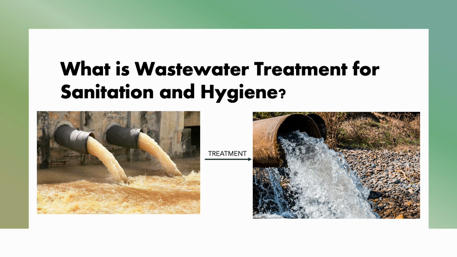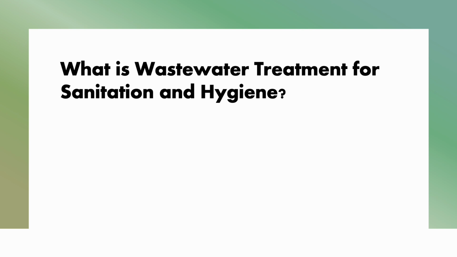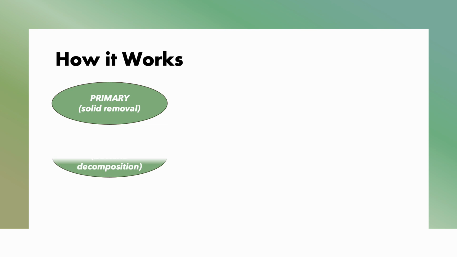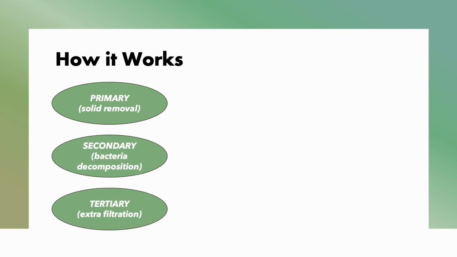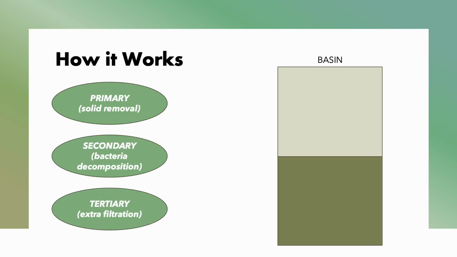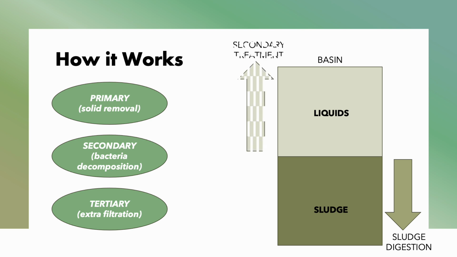More specifically, wastewater treatment in terms of sanitation and hygiene treats household waste liquids from toilets, baths, kitchens, sinks, and so forth. So how does it work? There are three main steps in wastewater and sewage treatment: the primary step, the secondary step, and the tertiary step. In the primary step, sewage gets stored into a basin where solids, also known as sludge, can settle to the bottom, and lighter substances can rise to the top. The sludge layer is removed and goes to a sludge digestion process, and the remaining liquid is sent to secondary